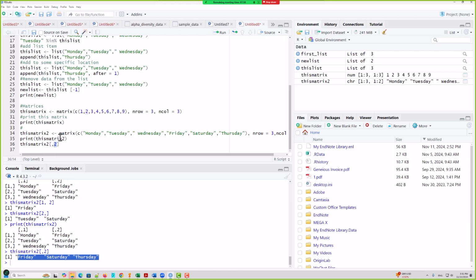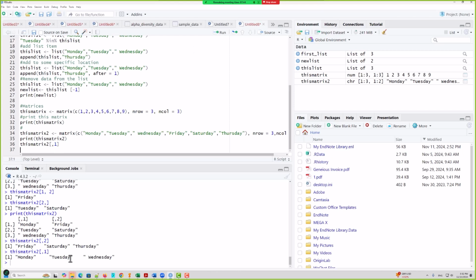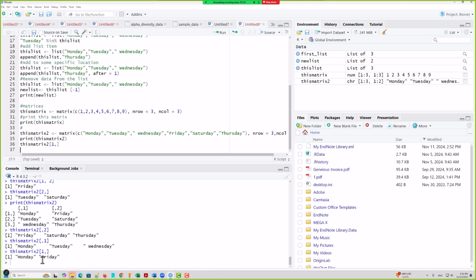Okay, now if I put 1, for example, you can see here Monday, Tuesday and Wednesday, the whole column will display here. For example, if I remove this and put it again after this, now you can see Monday and Friday. Now it will go by the row number, it will show by row. And if the second row number, you will put here Tuesday and